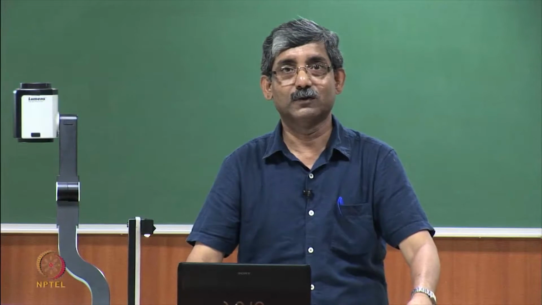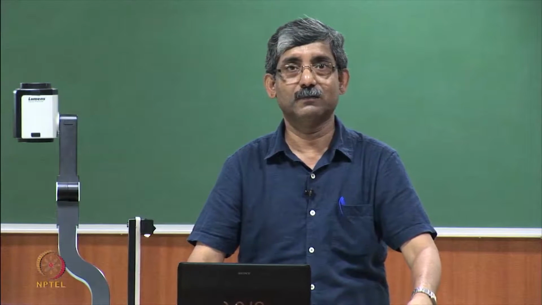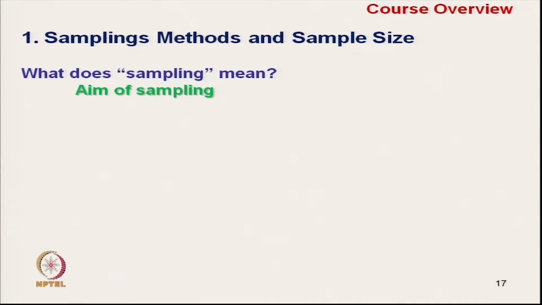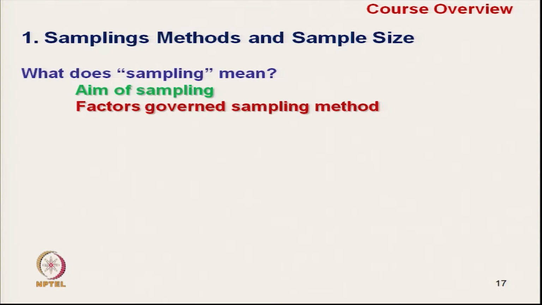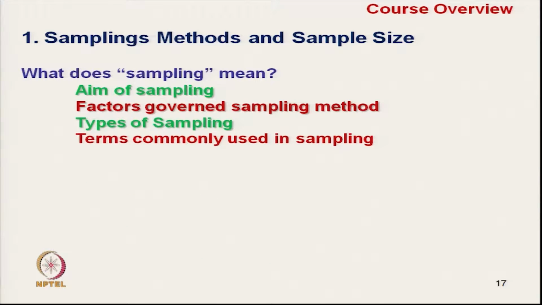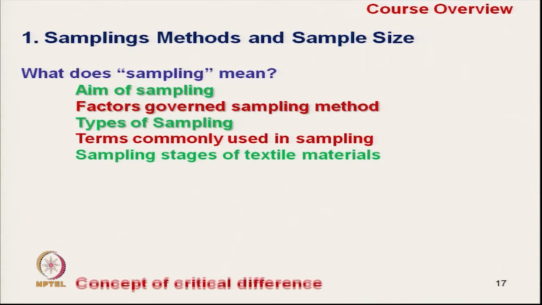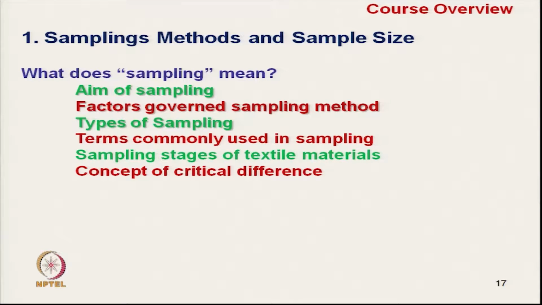Okay. So, in the last class we discussed the topics on sampling methods. In sampling methods and sample size, we said we will cover the meaning of sampling, then aim of sampling, factors that govern the sampling method, types of sampling, terms commonly used in sampling, sampling stages of textile material, concept of critical difference, fiber sampling from bulk,